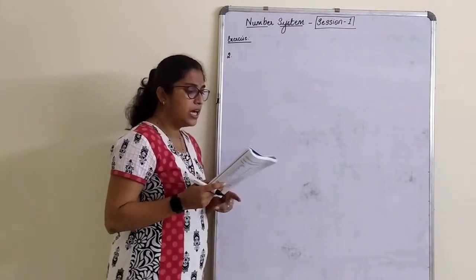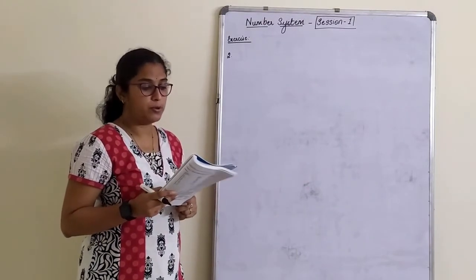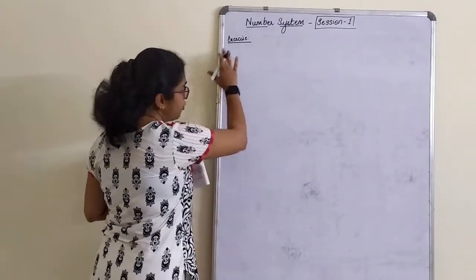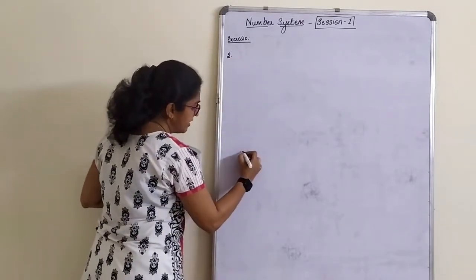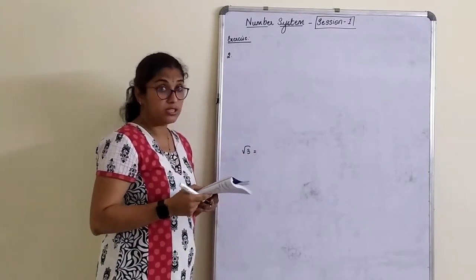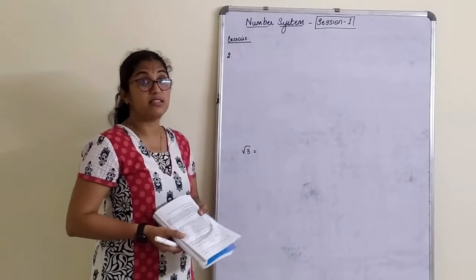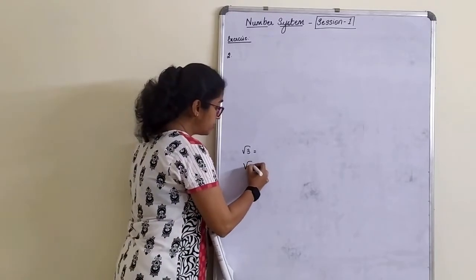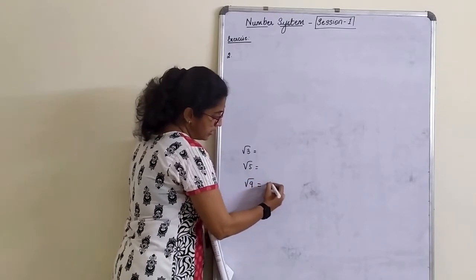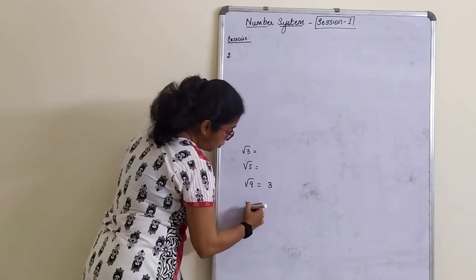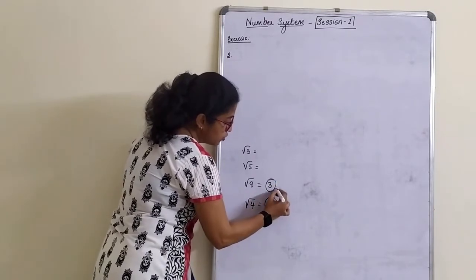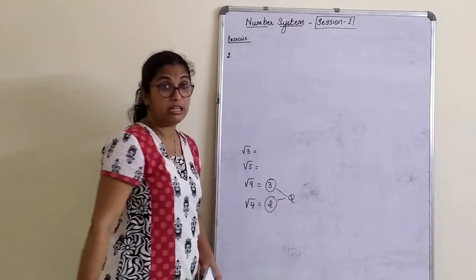The next one, are the square roots of all positive integers irrational? Now for example, before I come to the solution, I will just write here root 3. The answer of root 3 is not rational, it is irrational, that is, it is recurring. The answer of root 5 is also recurring. The answer of root 9 is 3. The answer of root 4, if I ask you, is 2. So what is this 3? What is this 2? These will belong to rational numbers, right?